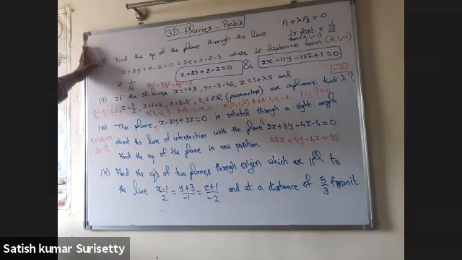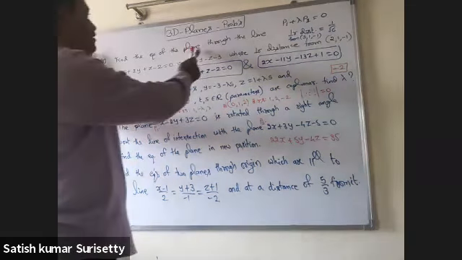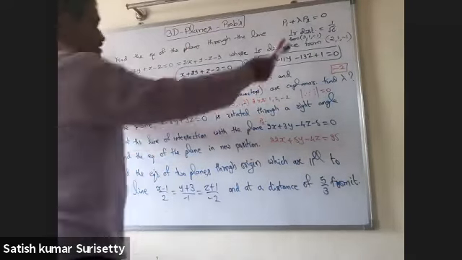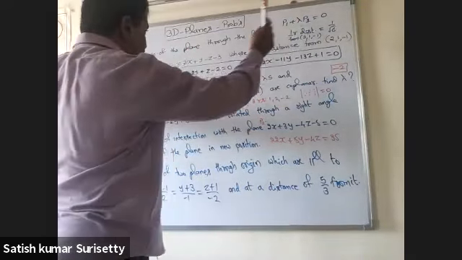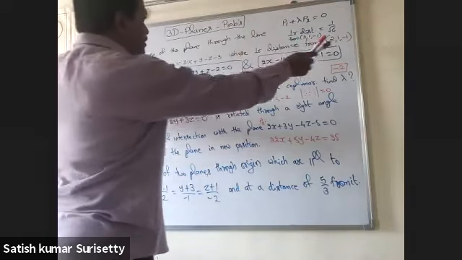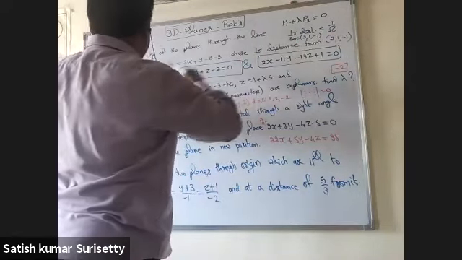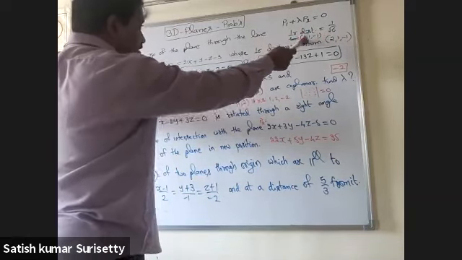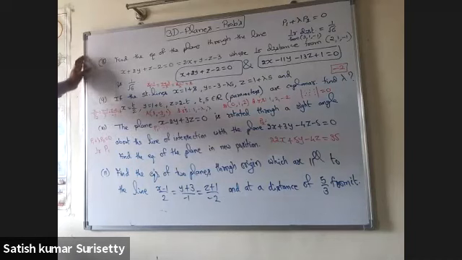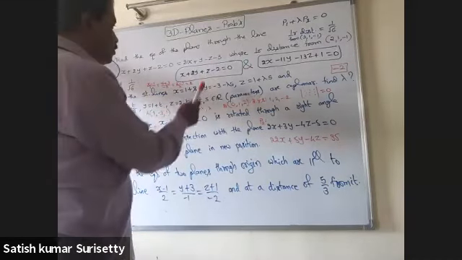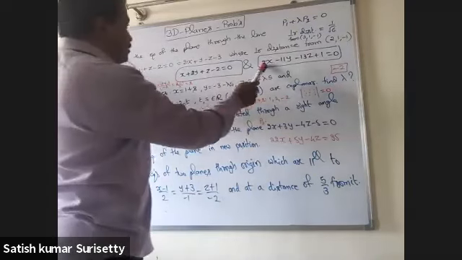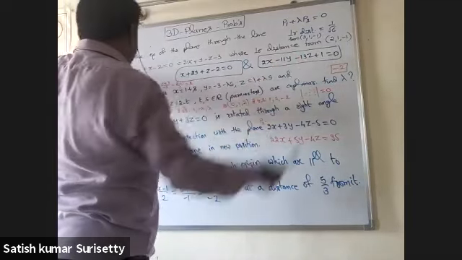So in the 8th problem, you have to take the equation of the plane through the intersection of the two planes. That means P1 plus lambda P2 equal to 0. That is the family of planes. Now its perpendicular distance from (2, 1, minus 1) is 1 upon root 6. So use the perpendicular distance formula and solve for lambda. Then you'll get two values of lambda, so two planes. One is coinciding with this plane and another is this: 2x minus 11y minus 13z plus 1 equal to 0.